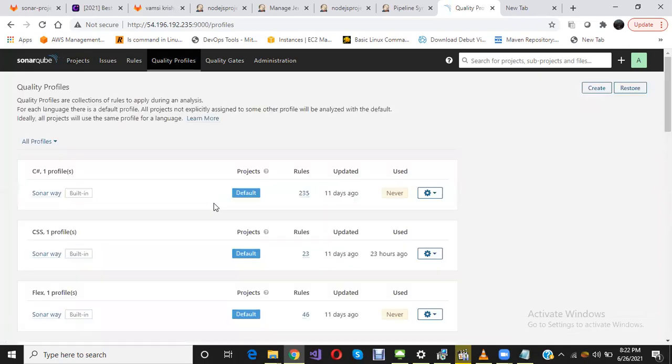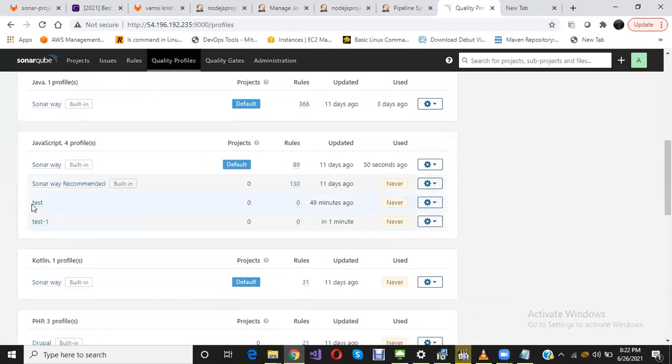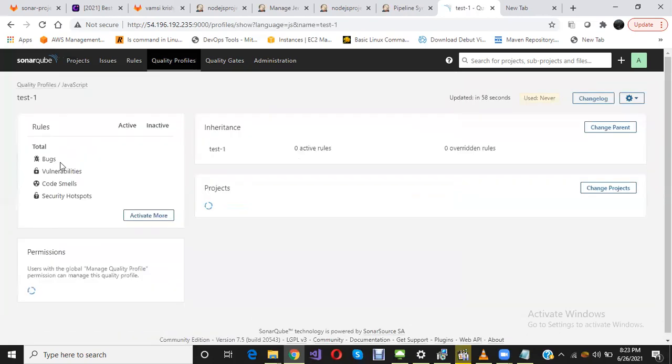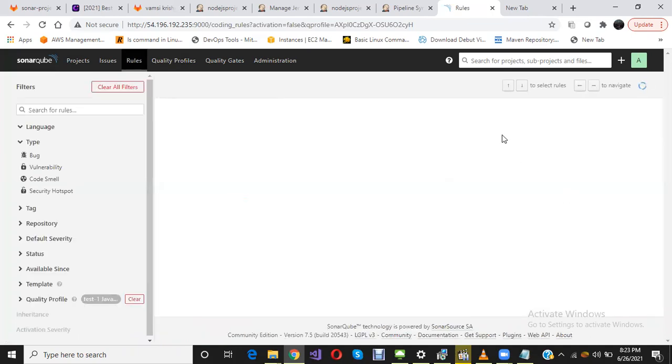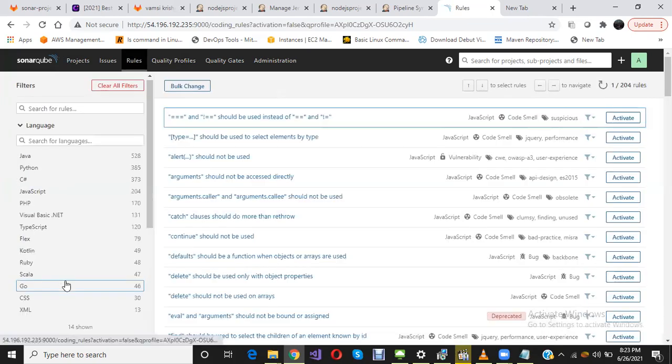I have created a custom quality profile, and these are the rules. Whatever you want to activate, you can activate. These rules are defined by the developer, like whatever rules you want to specify, we can specify that.